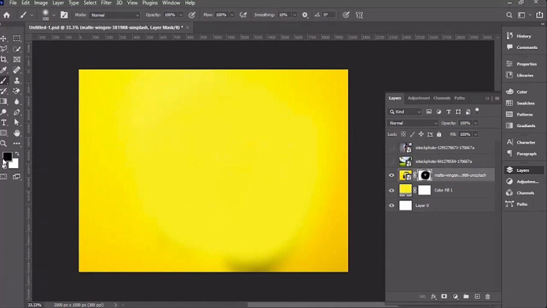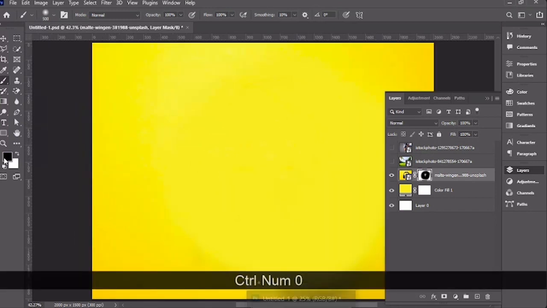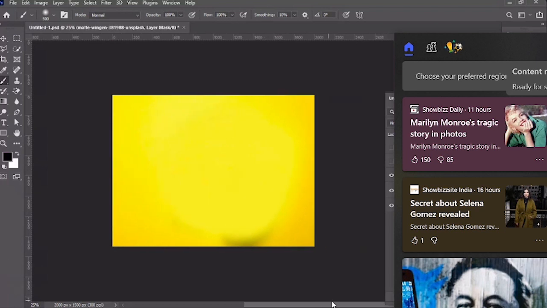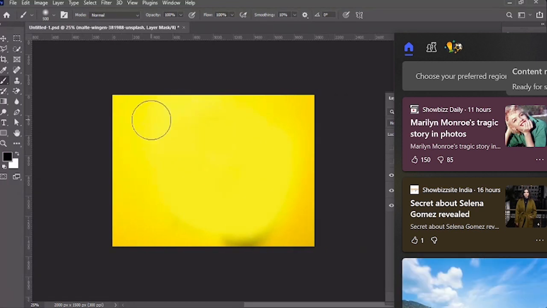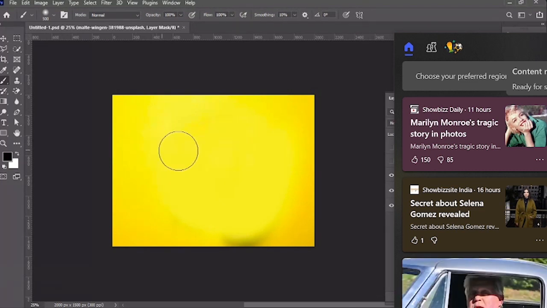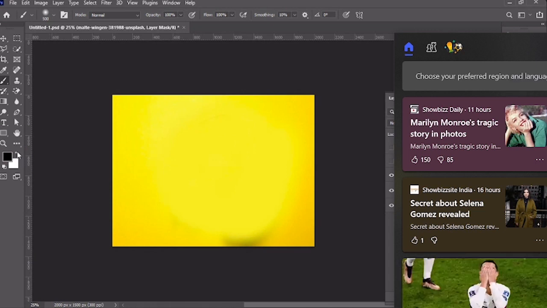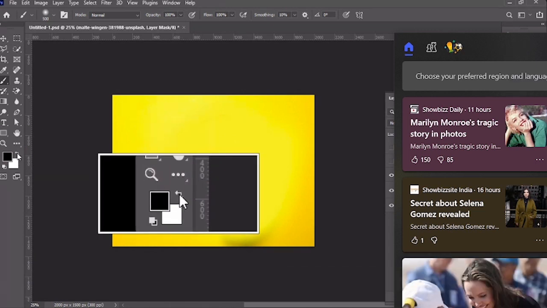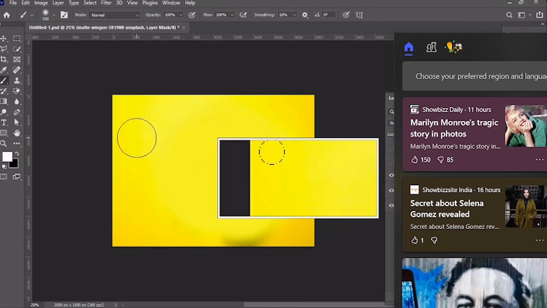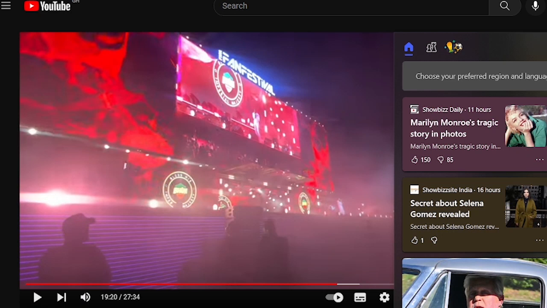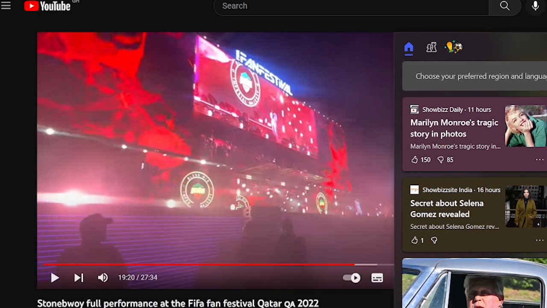So with my black background selected, I painted on this thing. Now I have the headphone on, but it is not gone forever, unlike using an eraser tool. If I feel like I want it back or I over-cleaned it, I just come back to the foreground and background colors, change it to white again, then paint on it again, making sure my layer mask thumbnail here is selected. Okay, then when I paint on it again,